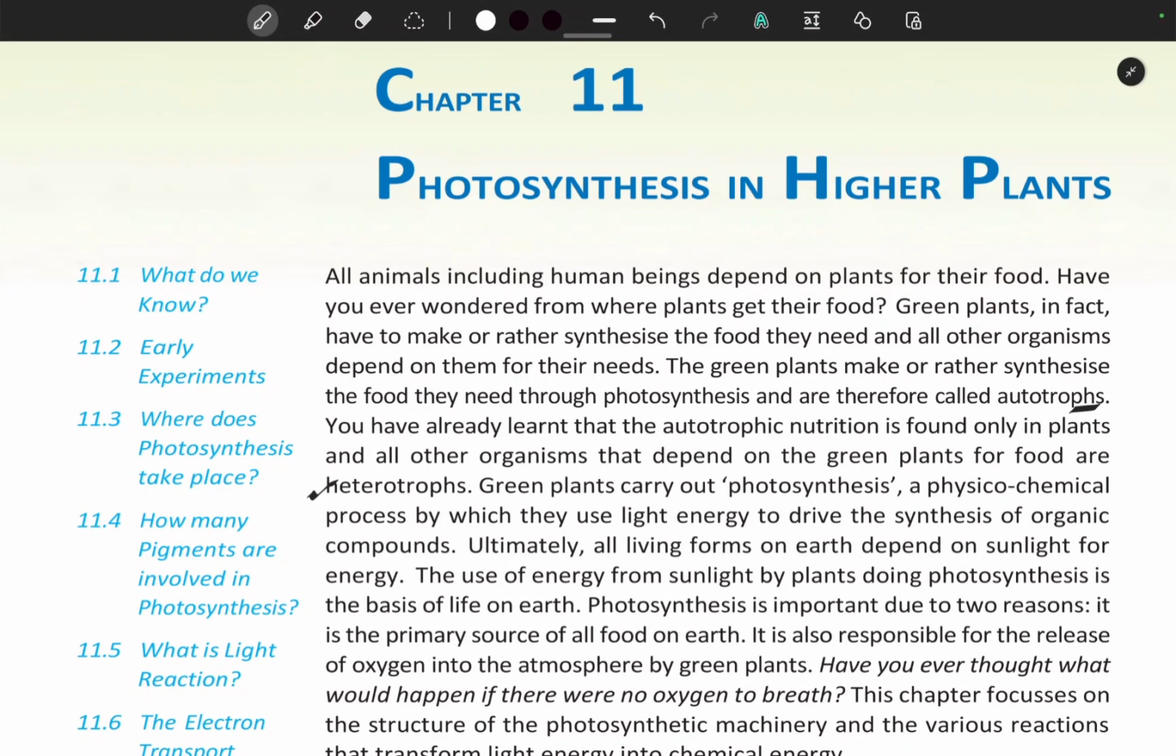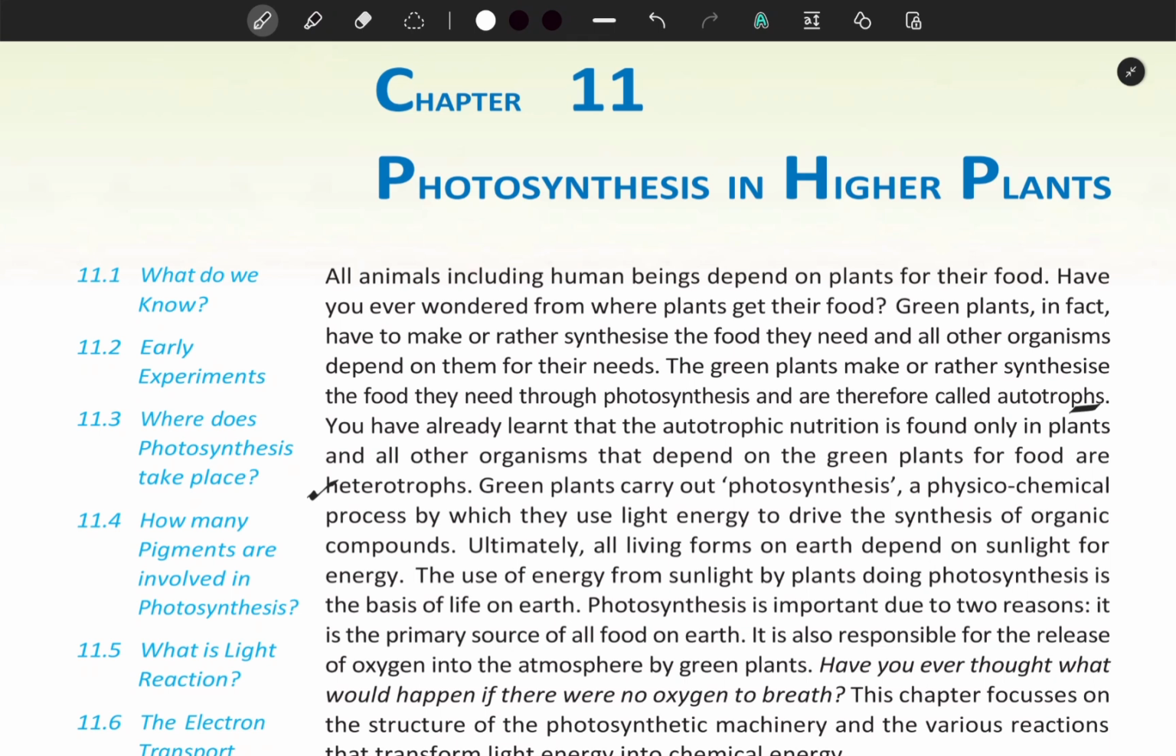Chapter 11: Photosynthesis in Higher Plants. All animals, including human beings, depend on plants for their food. Have you ever wondered from where plants get their food? Green plants, in fact, make or rather synthesize the food they need, and all other organisms depend on